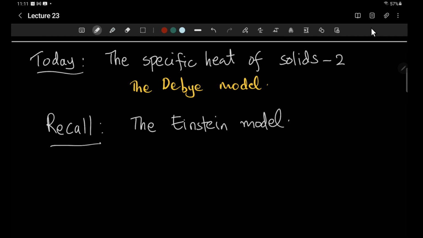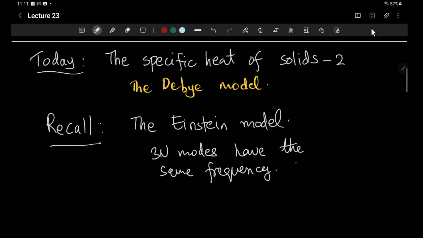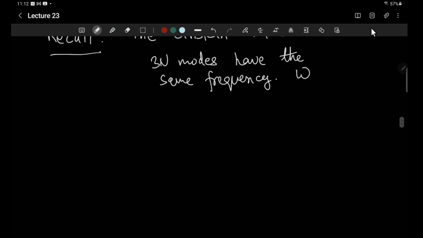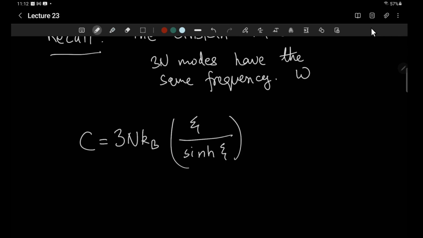Okay, I will talk a little bit more about the Einstein model in a moment, but in the Einstein model, there are 3N normal modes. The 3N modes have the same frequency, which we call omega. Okay, and the specific heat in that example, where xi is just